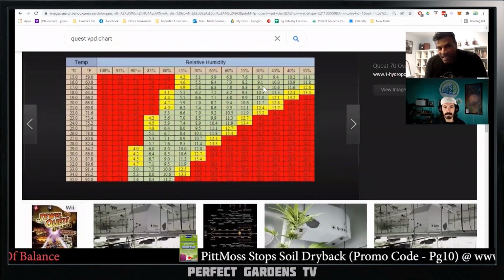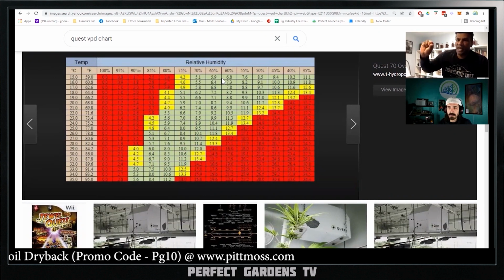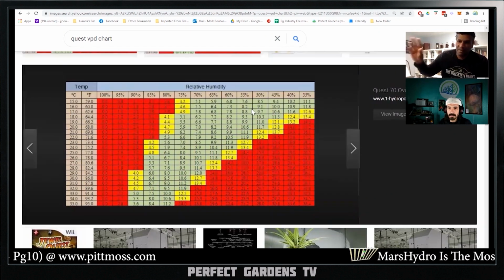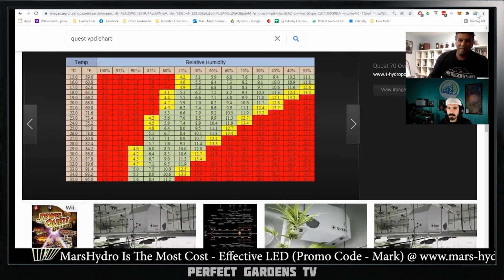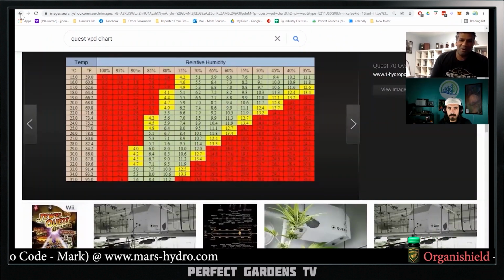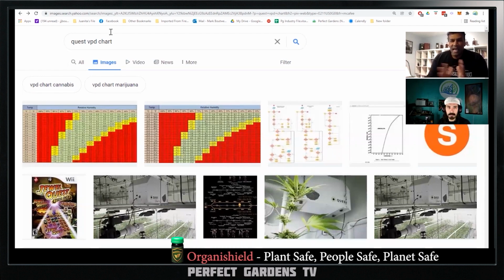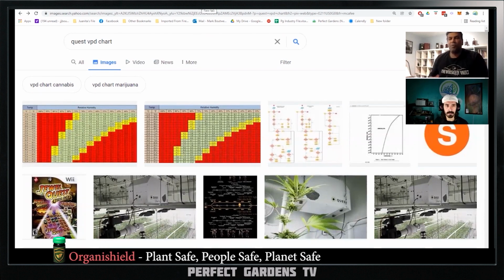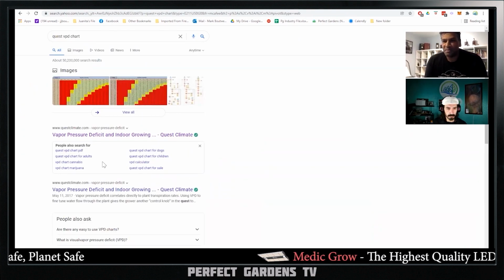The reason I like the ones that Quest usually comes out with is that it will say, okay, in clones I want a VPD of this, or in the veg period I want that VPD to be 0.8 kilopascals. In early flower, I want it to be something like 1.1 kilopascals. They just give you that range where you would fit that in. But most growers do have those parameters in mind, right?